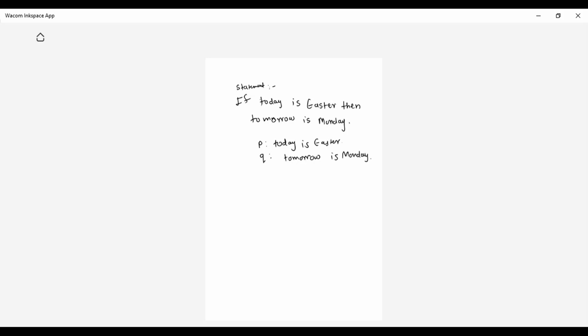Now we need to convert it into converse, inverse, and contrapositive form. So how are we going to convert it into converse? We know converse: how are we finding it? Q to the P. So Q to the P, how am I going to write it down? Q: tomorrow is Monday. And what operator are we using? Conditional operator. So if tomorrow is Monday, then today is Easter.